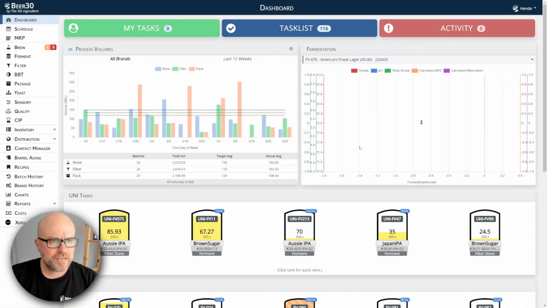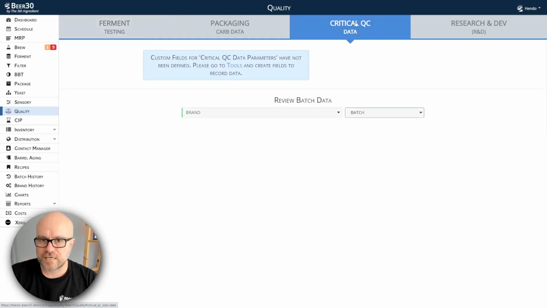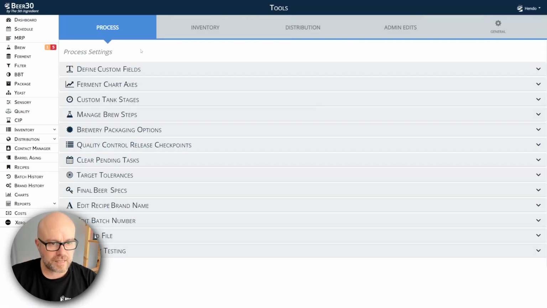So here I am in the Beer30 dashboard. Now, the place where you save lab data in Beer30 is under the quality module on the left-hand side here. Now, across the top here, you can see I've got critical QC data. This is where we store all of our lab data. Now, as you can see here, I don't have any custom fields set up for lab data and that sort of thing. So let's quickly just go and set up a couple of lab parameters that we would like to